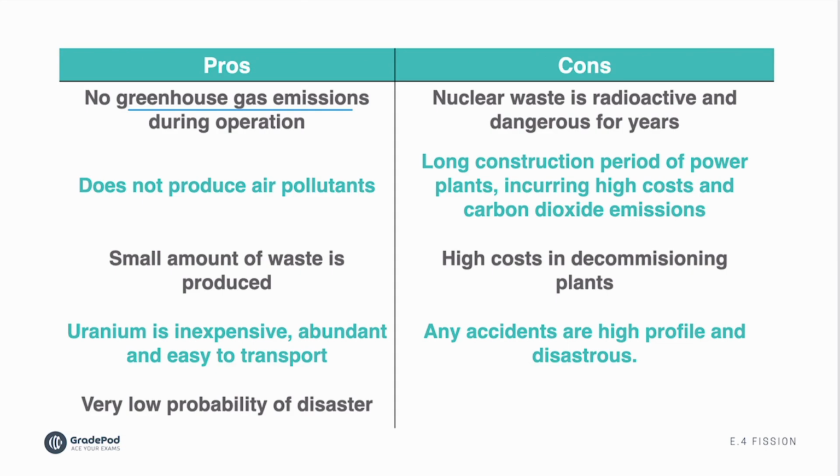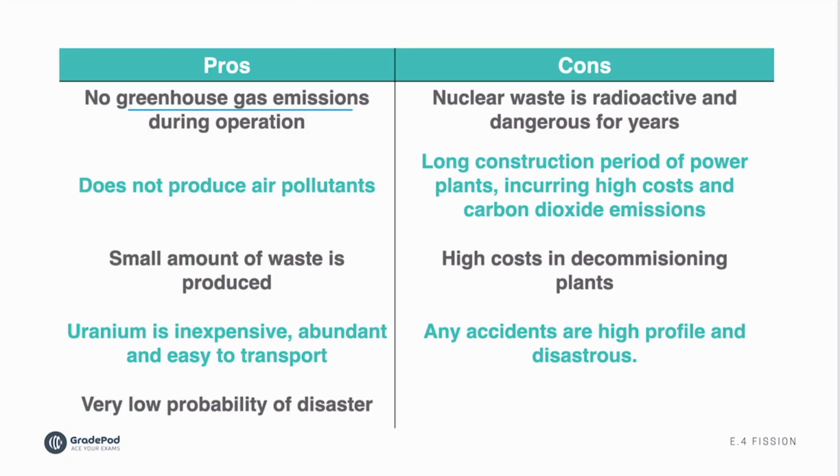It's steam. It's nothing else. And actually the amount of waste that's produced is very small. So the amount of waste we're taking to these repositories is tiny. Also, uranium is inexpensive. There's lots of it, and it's easier to transport,